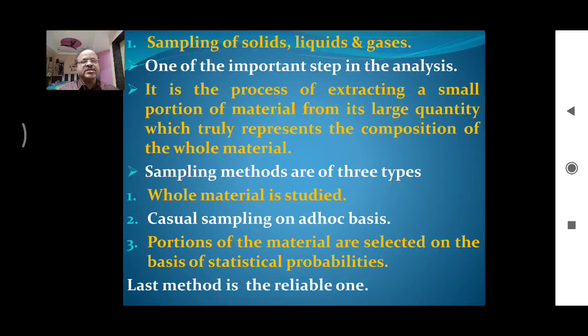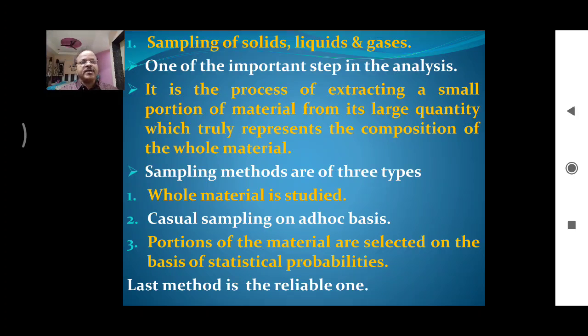We have to take these samples so that we can analyze them and form our opinion, or prepare an analytical report regarding this material. So sampling is a very important step in the process of analytical chemistry, in which we carry out the analysis